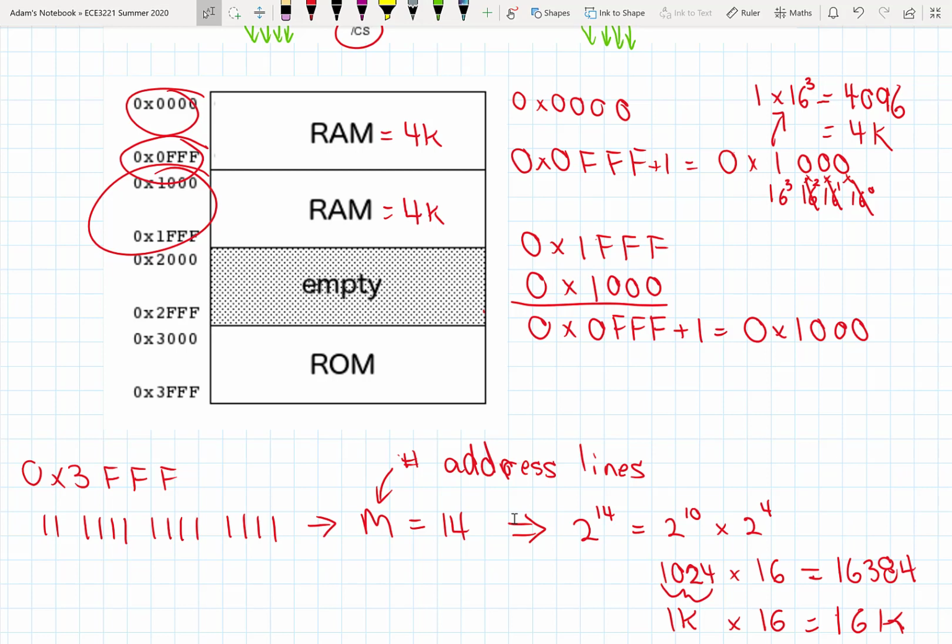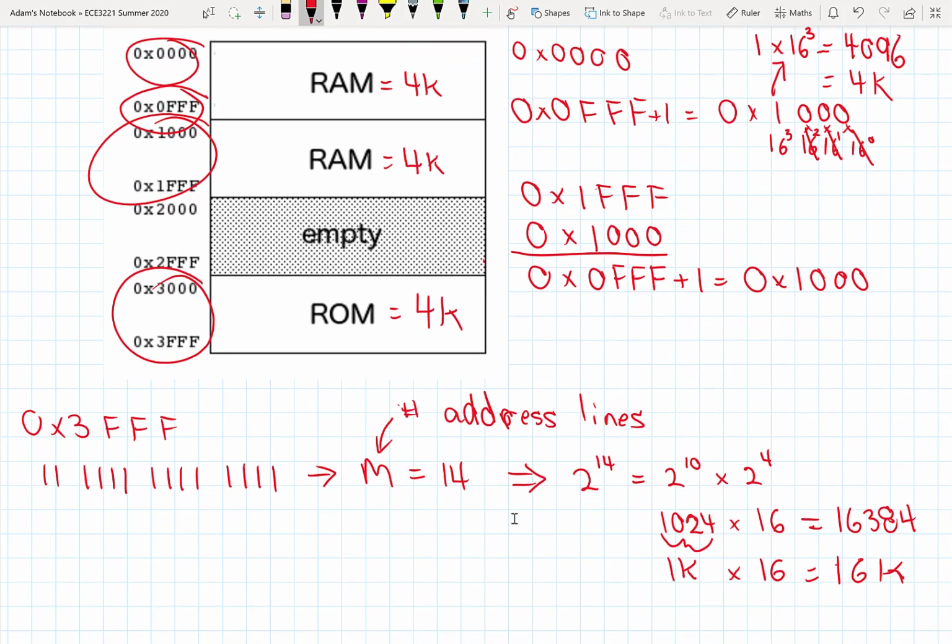So that RAM is also 4K, and we could do the same calculation here, but we see that there's a difference of 0xFFF from the first address to the last address, so that also has 4K of locations. And this makes sense. We said this was a 16K memory down below here when we calculated it. So 16K divided into 4 blocks, 4K each. It makes sense. So we actually have a total of 8K of RAM in this system